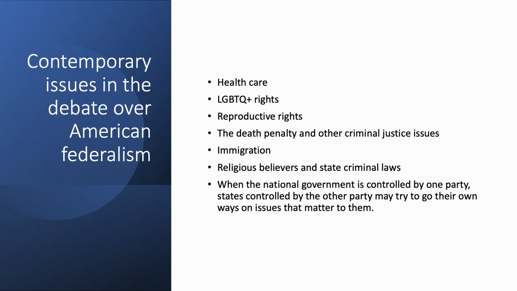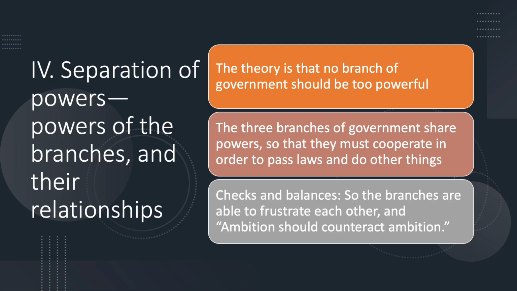Some very important cases. And there are many other areas where right now there are debates over the power of the national government with respect to the states: the rights of the LGBTQ population, abortion and other reproductive rights decisions, the death penalty, immigration, healthcare, COVID, the Affordable Care Act. All these things implicate the powers of the state and the national government, and then many things about religion. So we'll always see this dynamic where if one party controls the national government, states that are controlled by the other party will try to go in a different direction and push back against federal policy at the state level. That's an enduring dynamic of our system.